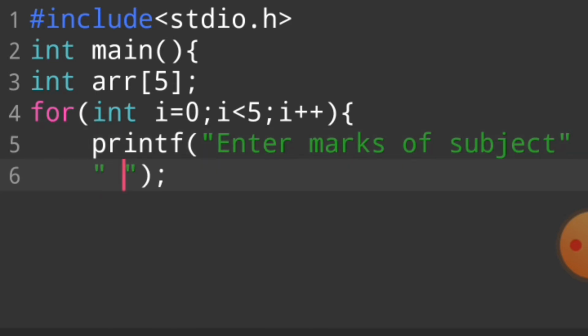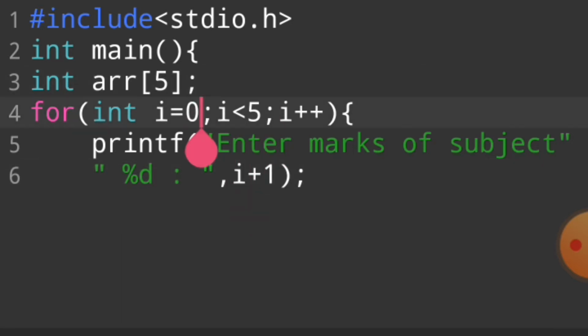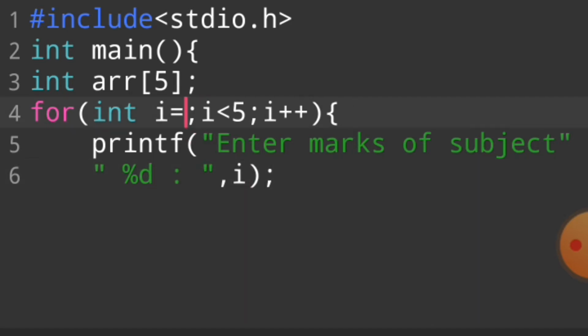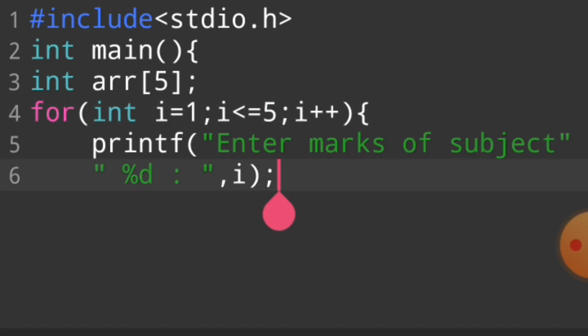Why do we use i plus 1? Because first of all the value of i is 0. If I write i plus 1, I want to remove i, and then in this area I write i+1 is equal to. I hope you understand how we write i, how we write 1, because we say enter marks of subject 1.